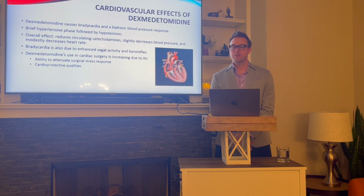Precedex has a specific effect on the cardiovascular system. It causes a slowing of the heart rate and a change in blood pressure that initially goes up, followed by a subsequent decrease. Overall, it reduces the norepinephrine in circulation, leading to a slight decrease in blood pressure and heart rate. This unique profile makes it valuable in cardiac surgery, where it can lessen the stress response and protect the